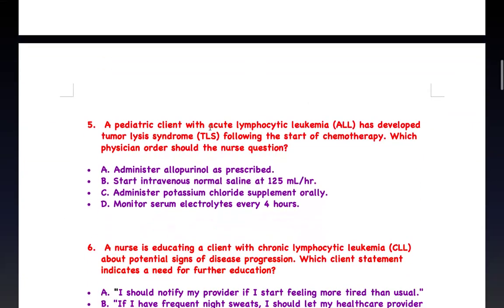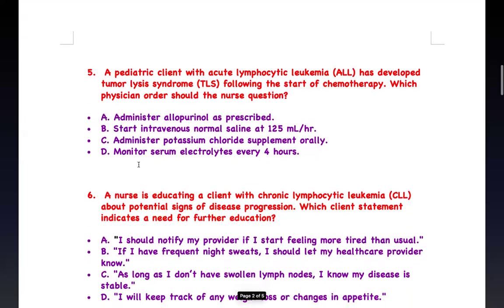The pediatric client with lymphocytic leukemia has developed tumor lysis syndrome following the start of chemotherapy. Which physician order should the nurse question? I told you: high potassium, high phosphorus, low calcium, and high uric acid. Administer allopurinol. It will take care of the uric acid. You don't need to question that. Start IV fluid. You're going to hydrate the patient. Administer potassium chloride. No, potassium is already high. Monitor electrolytes every 4 hours is good. Therefore,